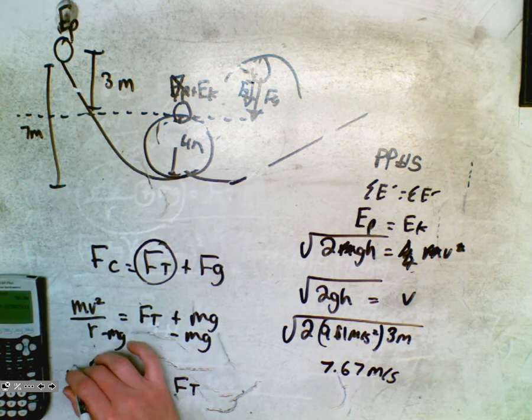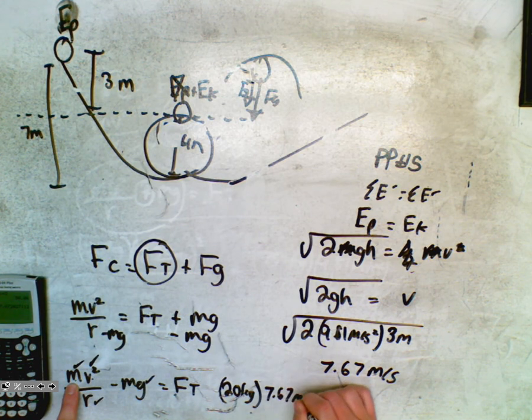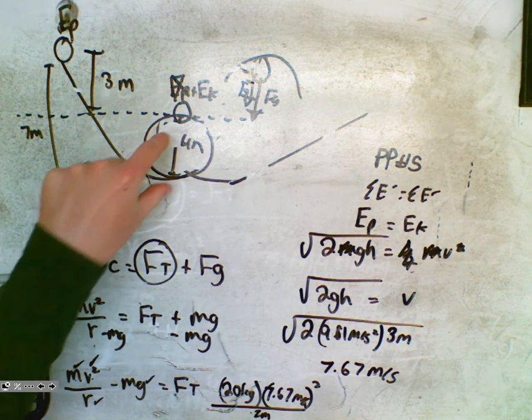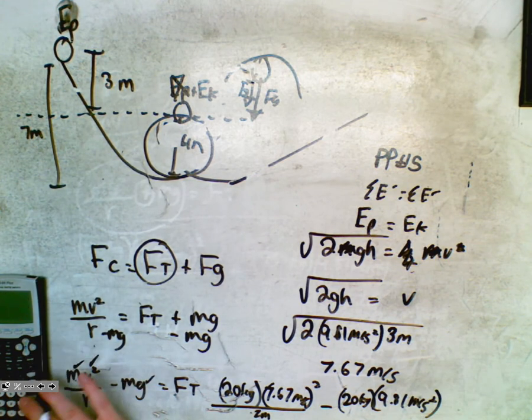So now we know everything that we need to find our apparent weight. So I'll plug this in. So we have a 20 kilogram dog. We have 7.67 meters per second. Don't forget to square it this time, myself. And then our radius is 2 meters. It's a 4 in diameter and 2 in radius. And then I subtract my 20 kilograms times 9.81 meters per second squared. So when I plug all that in,